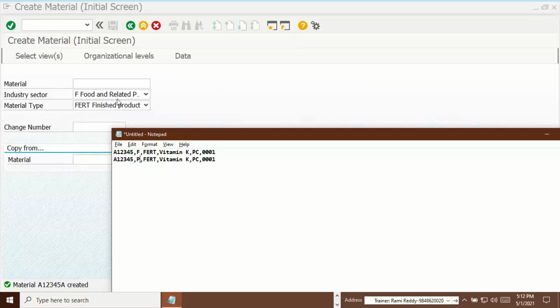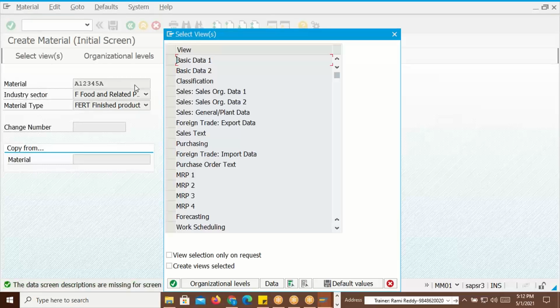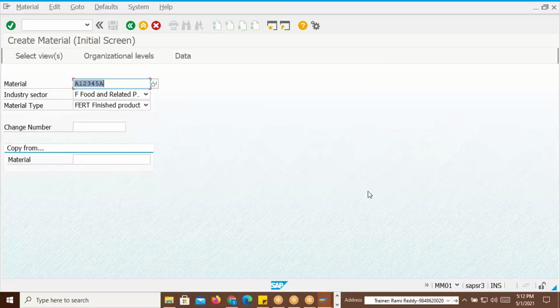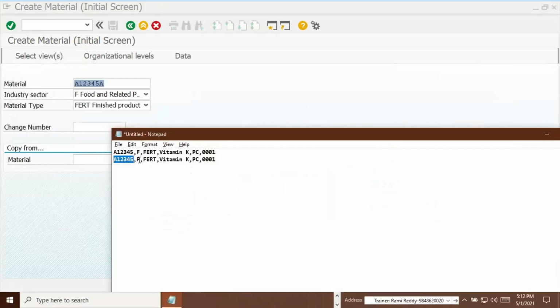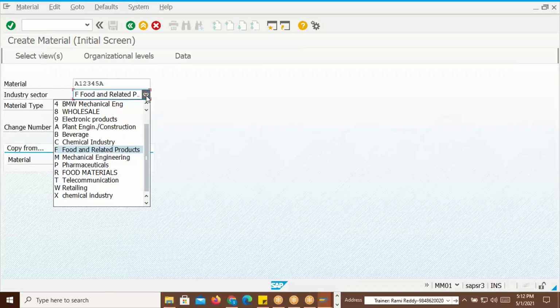So now see here, if I give the same material number, 1, 2, 3, 4, 5, A, what does the system say? Already material exists, right? Click on enter. What is it telling? How is it creating? Okay, the industry sector is different, that is the reason. Okay, fine, no problem. Now see here, you have to create one material using some other industry, say pharmaceutical